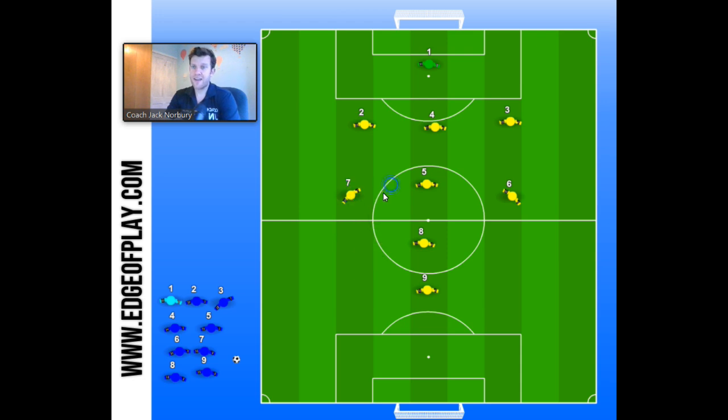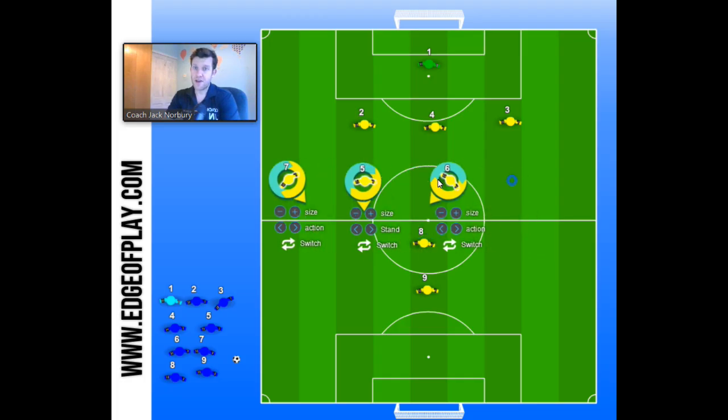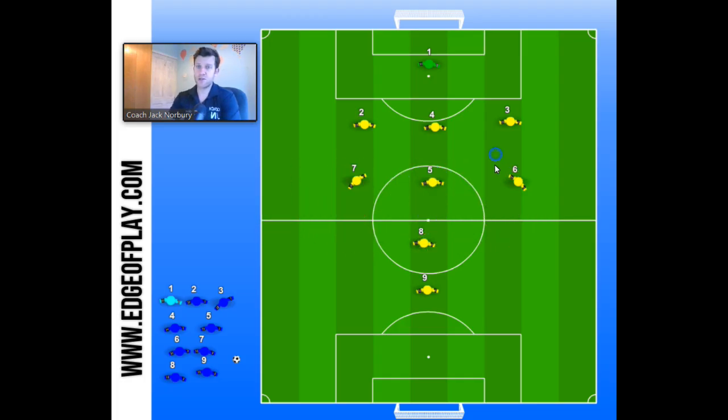This formation can lack advanced width. You're relying on your side midfielders to get up the pitch and support the play, but they may have been sat in this midfield block of 3, working together, shifting across. When possession's first regained, they've got to try and find those positions again. How high do you want them to go? Because they're going to leave number 5 alone. So it's just finding that right balance, so you do have width, but you also have that compactness in the